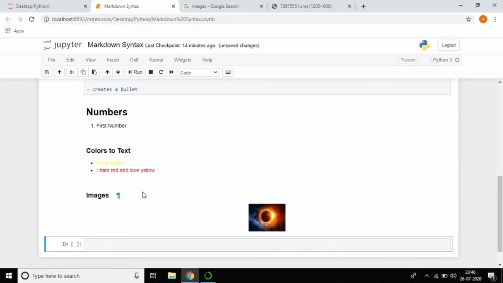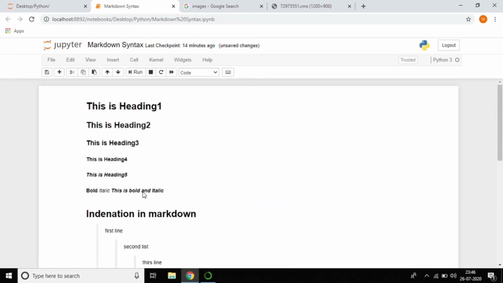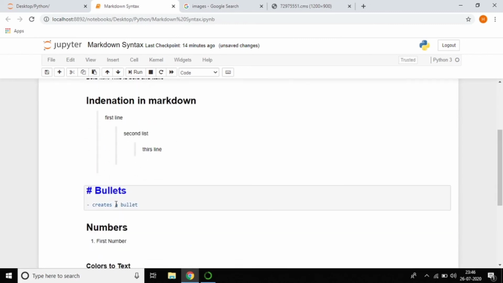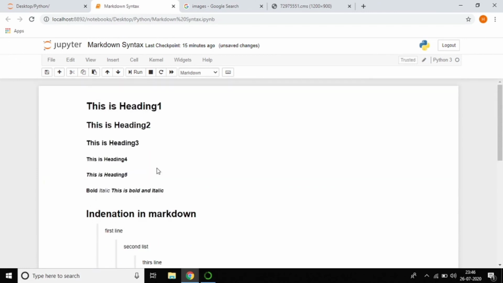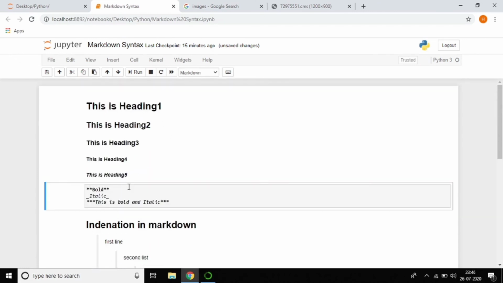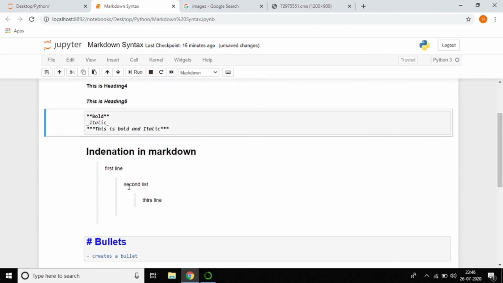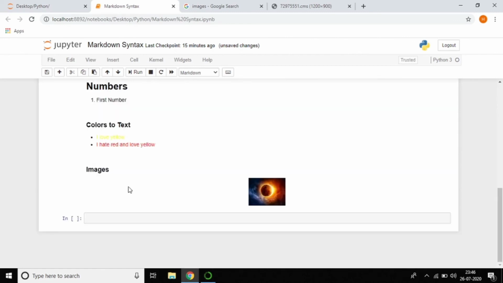So that's all about markdown. It's enough. We can add text, indentation, bullets, italic, or bold, and many things were discussed, right? If you want to access the files I'm working with, I posted them on GitHub. The link is available in the description, and you can download and execute them to see how it works. So that's all about this tutorial.